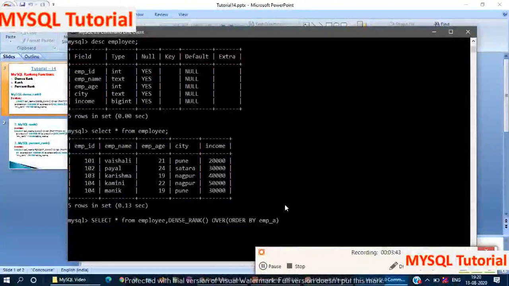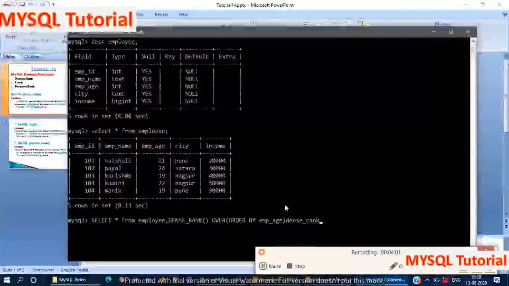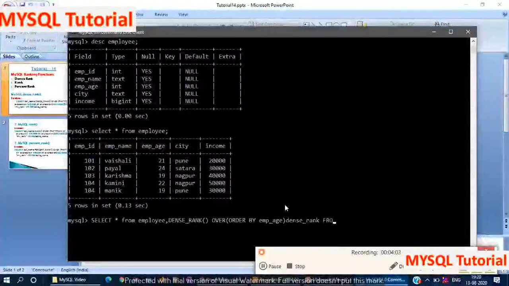I want records in ascending order by employee age. DENSE_RANK, here you can use any name, you can give any name as an alias, from employee.